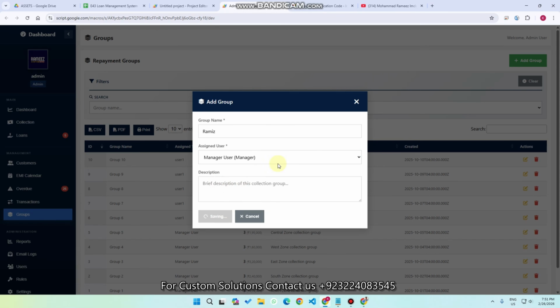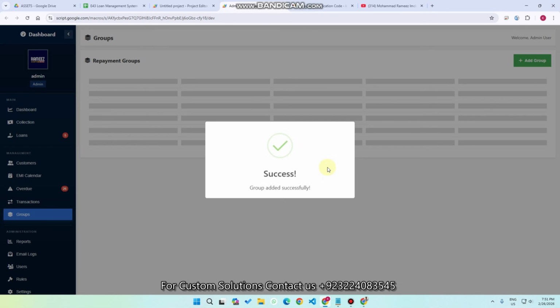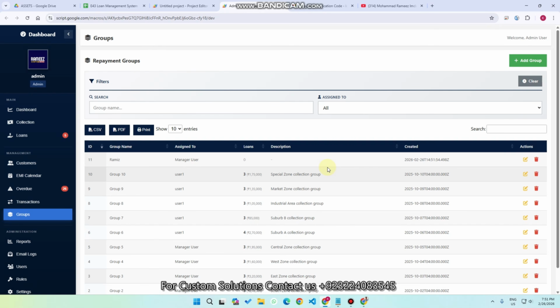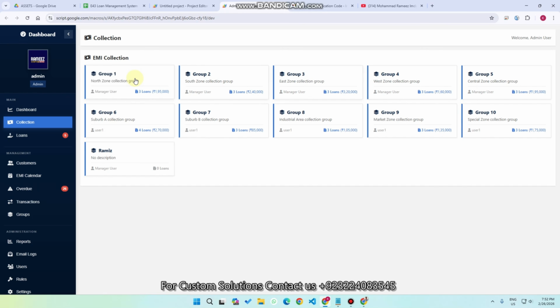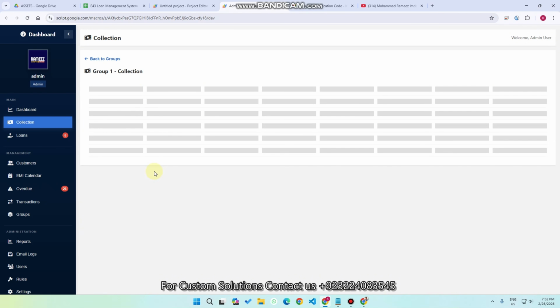When I click on add group, you can see here the group is added successfully. So what is the group? In the EMI collection, we make different teams. Consider a group here as a team. Group 1 means team 1. So in team 1, when I open this, you can easily see here